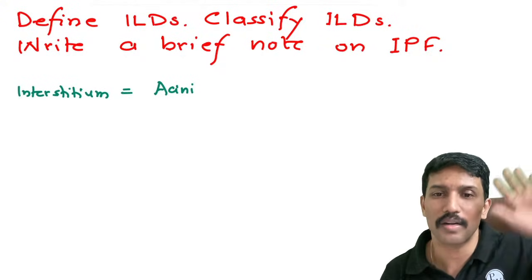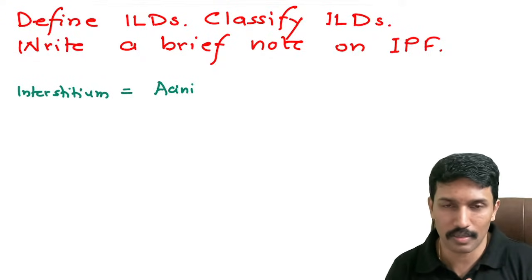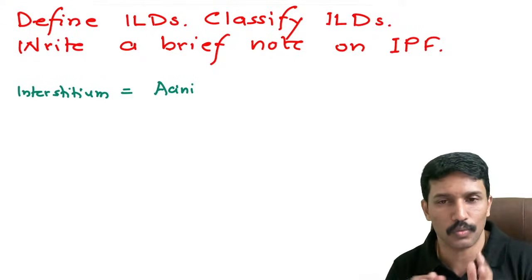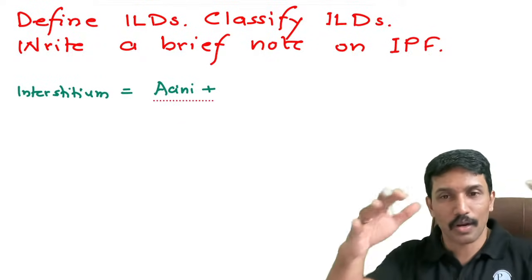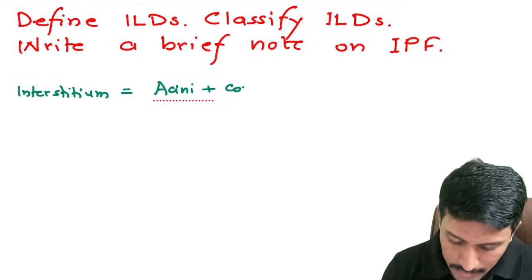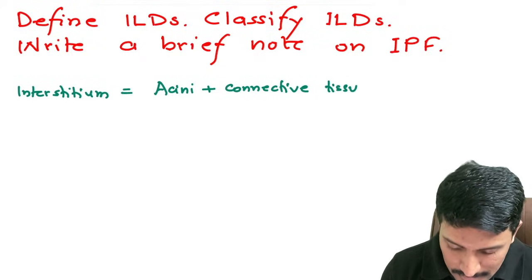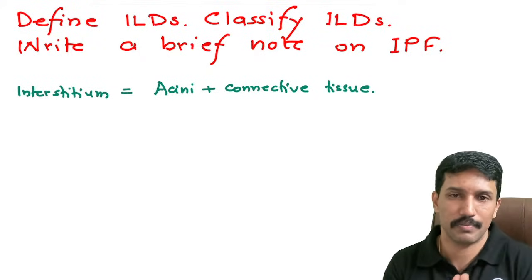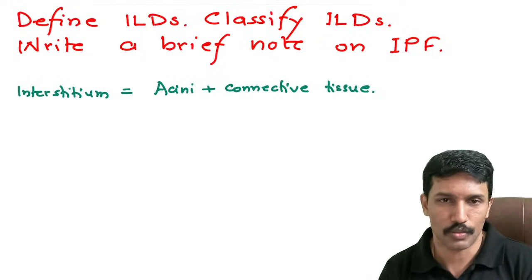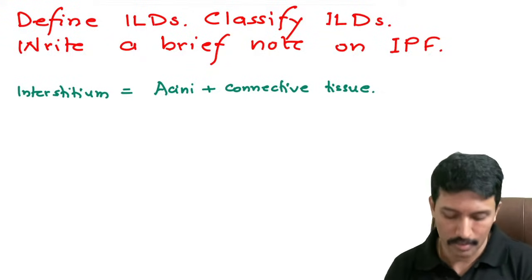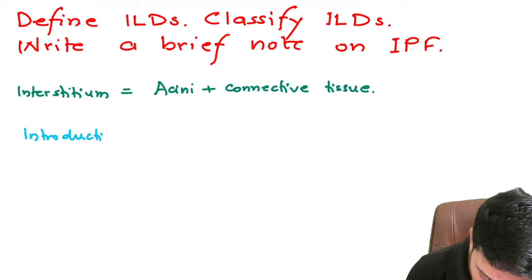The remaining part is called conducting airway. The trachea, bronchi, up to terminal bronchiole is called as conducting airway. There is no gas exchange. Gas exchange happens only in the acini. And these acini are held together by surrounding connective tissue. So acini and connective tissue put together, we call it as interstitium. And any disease that affects this interstitium, that means acini and connective tissue, can be called as interstitial lung disorders. Interstitial lung disorders. So in the introduction to interstitial lung disorders, you can write